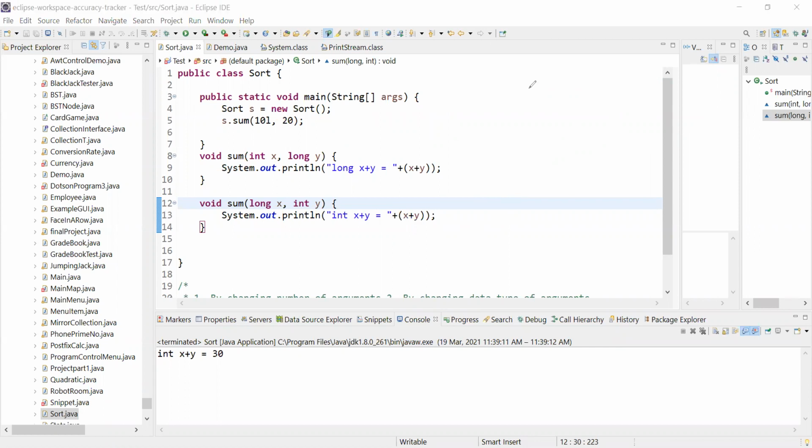Method overriding is basically a mechanism where we can override a method from a parent class in its child class, or I would say defining the same method in the subclass as we have in the parent class. What is the benefit, and what are the different use cases? So let me just take an example.